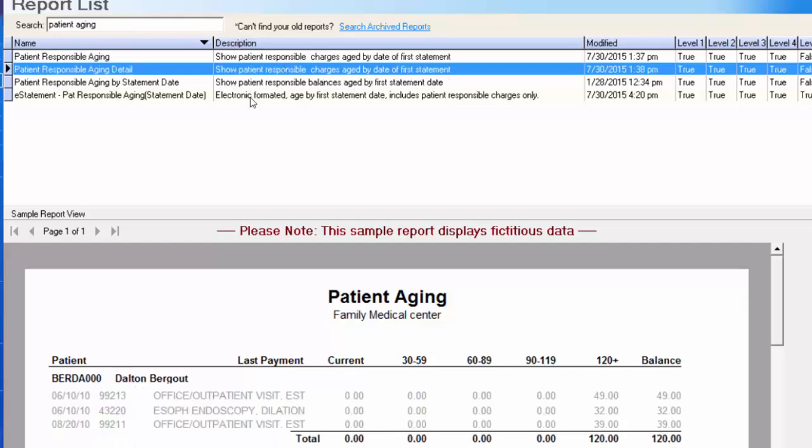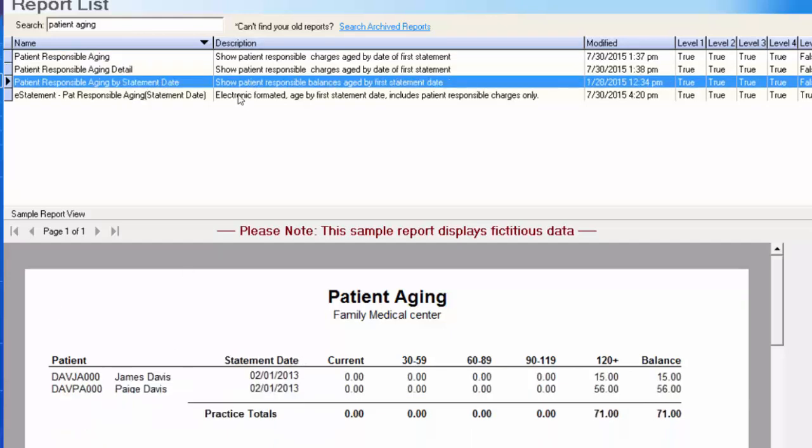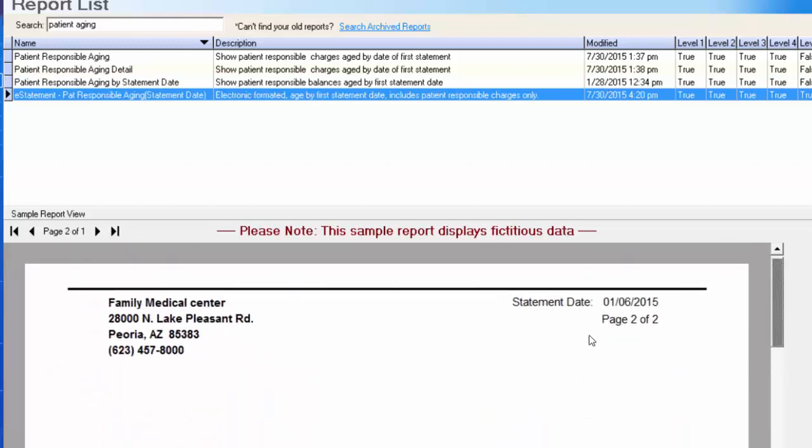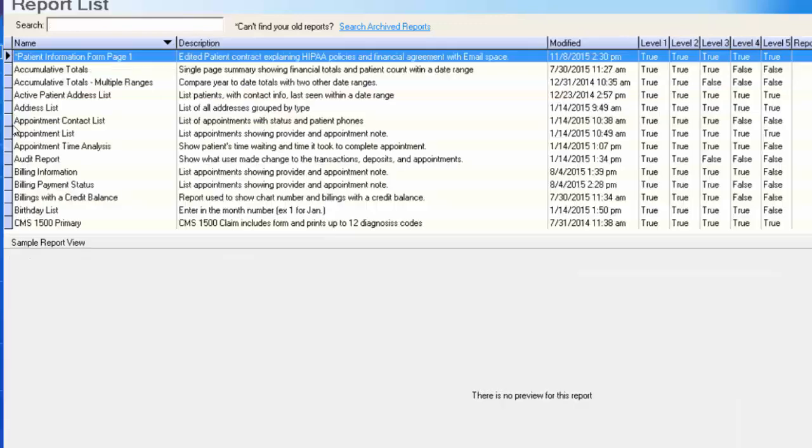So the first two reports are going based off of the transaction date. This third report is going based on how old the balance is for the account. And then we do have a statement in here with patient aging data that you could send electronically through your clearinghouse. Another report that's really handy outside of the patient aging and insurance aging report is going to be your